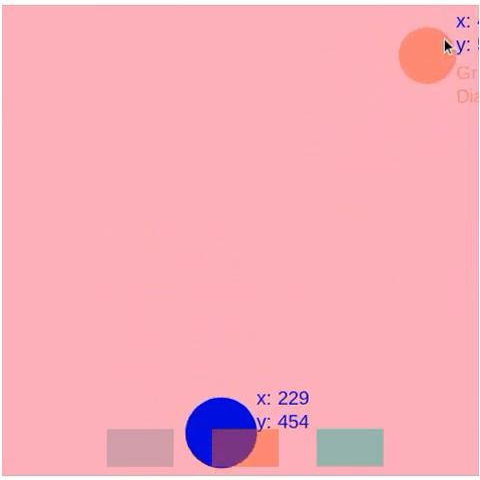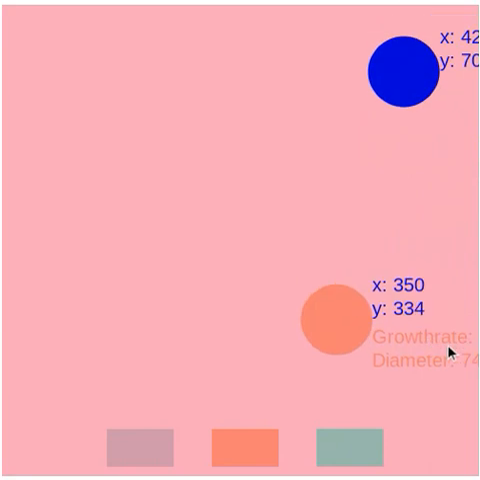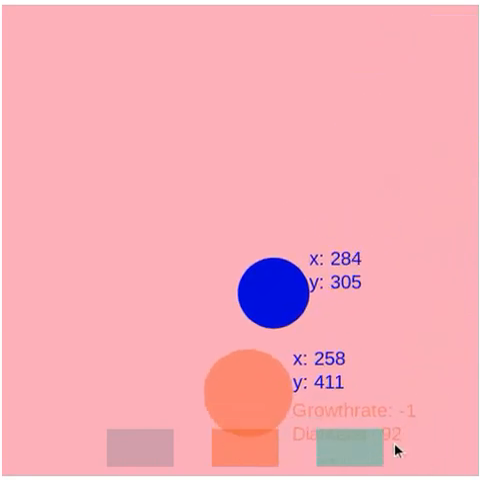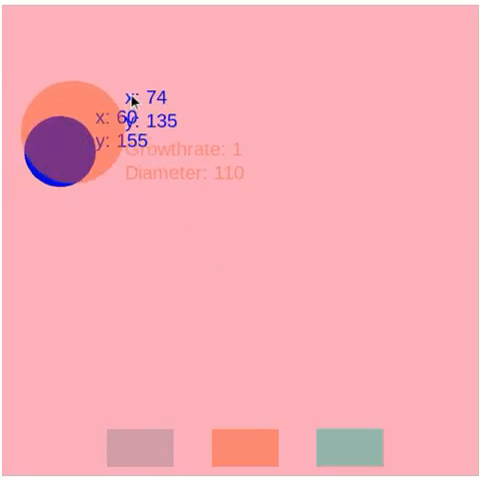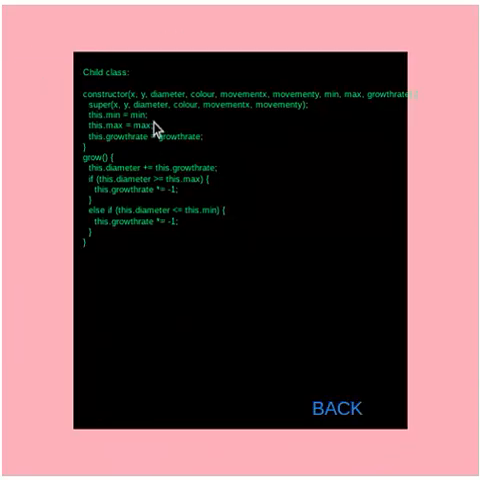This is our growing bubble. Next to it, you can see the growth rate, as it grows by 1 and gets to a certain diameter when introduced. When clicked on, you can see that there's also a constructor, a super function like the previous one, and in it is a grow function. This function is made to make the bubble grow to a specific size and then deflate